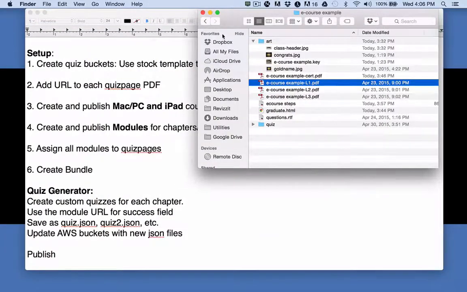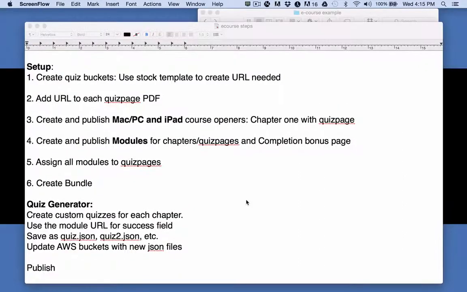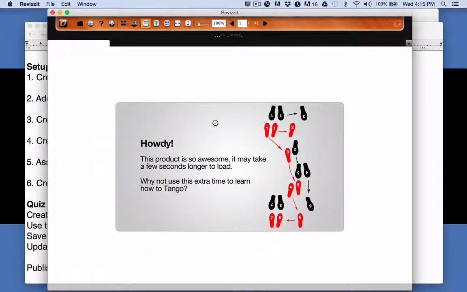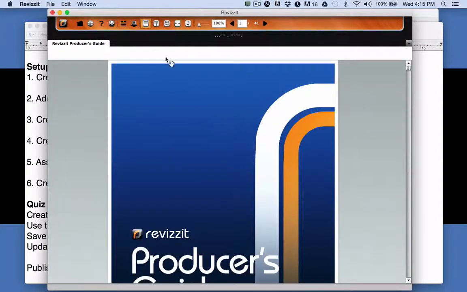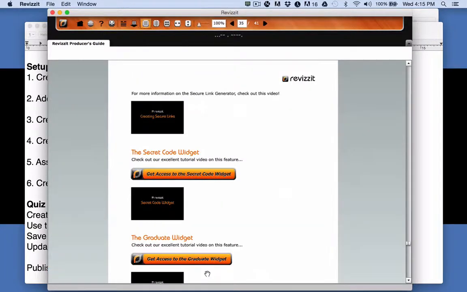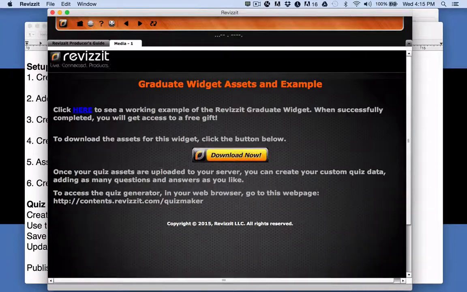I need to do some things first before I can actually start to hook these things up. So let's get started by going back to our steps and looking at step 1, which is to create the quiz buckets. If you go to your Revizzit app and open your producer's guide, and here it is, you're going to go to the widgets. If you hit the table of contents and come down here, you'll see the widgets, and it's actually not the download widget, it's the graduate widget. Click on the graduate widget right here, and it says get access to the graduate widget. Click on that button and you'll come to this page. Click on this download button right here,